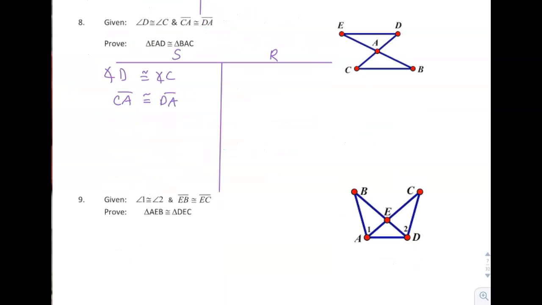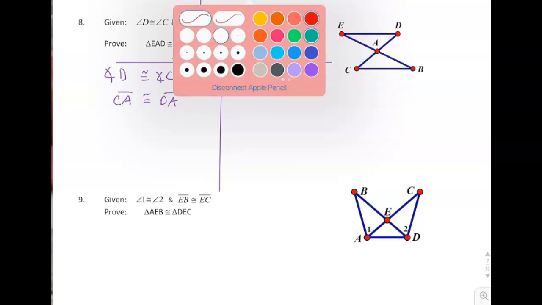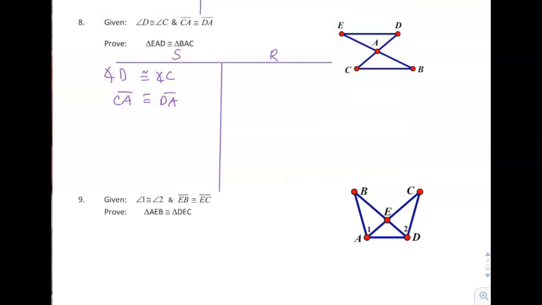Number 8. What did they give me? Angle D is congruent to angle C. I'm going to mark that on my picture. And then CA is congruent to DA. Oh, that's a mistake, sorry. CA is congruent to DA. And just like the first couple that we did,